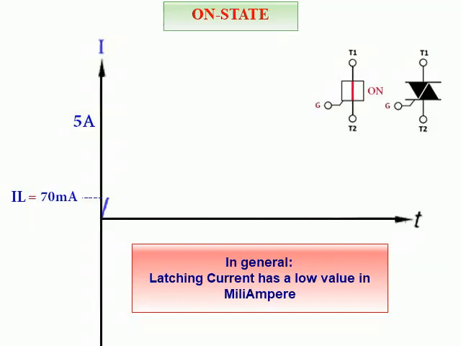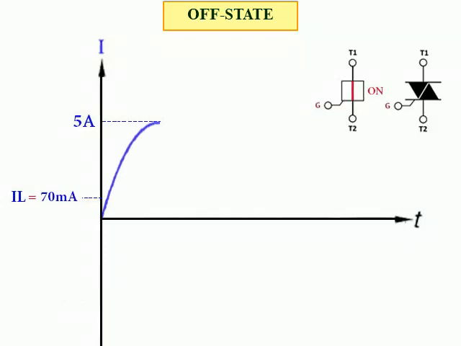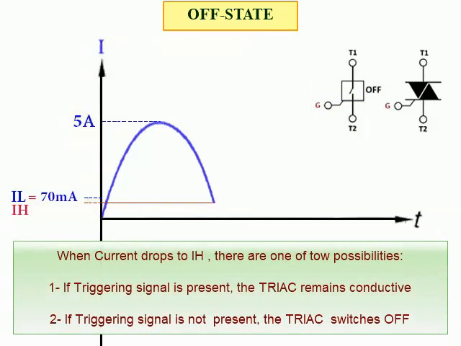That was the first feature, called on-state. Now let's move on to the second feature. The second feature is the off-state feature. After the current reaches the maximum value, it will start decreasing gradually towards 0. When the current reaches a value called holding current, referred to as IH, with the absence of the triggering signal, the triac switches off, and the device is disconnected. In other words, after the current drops to IH, the triac behaves in one of the following